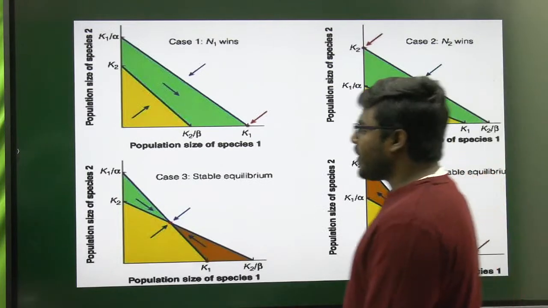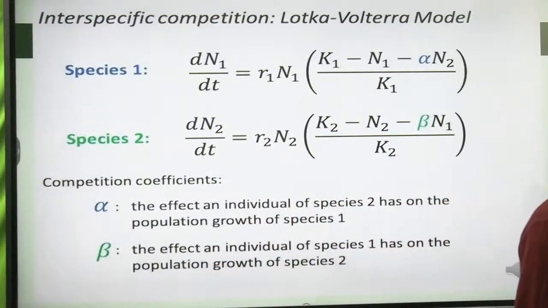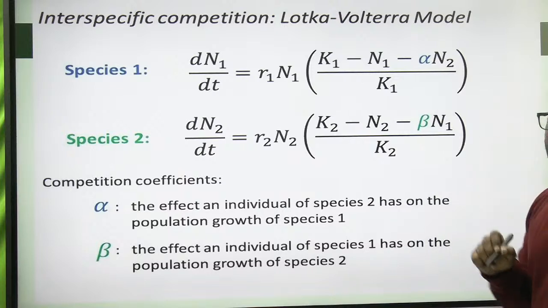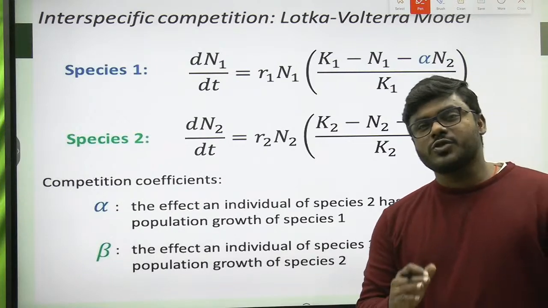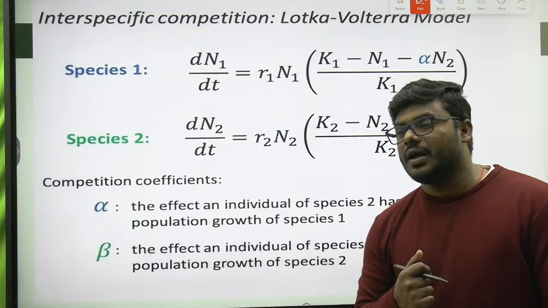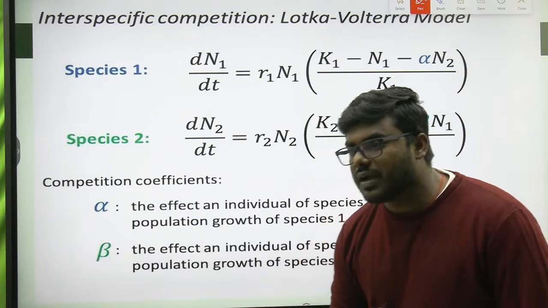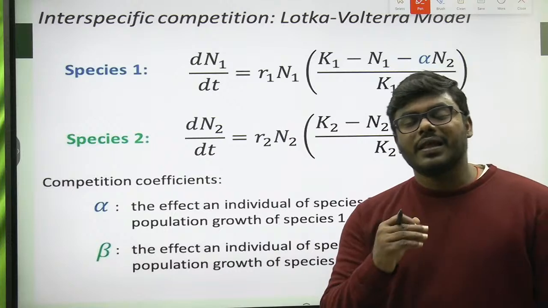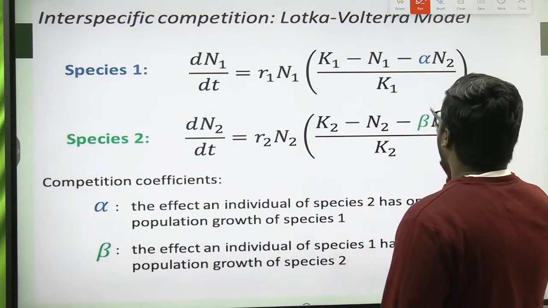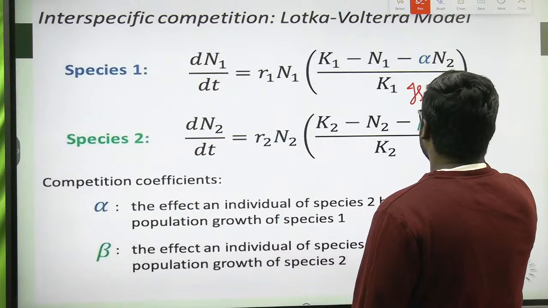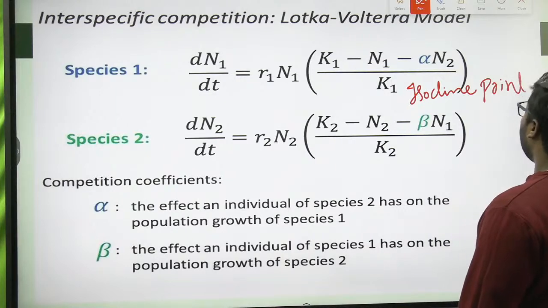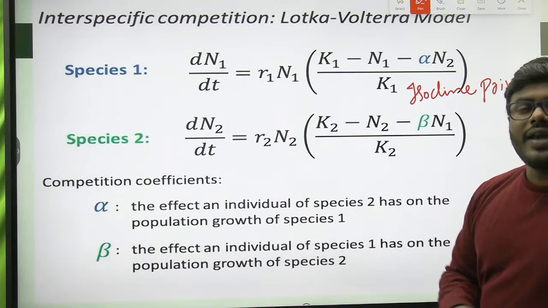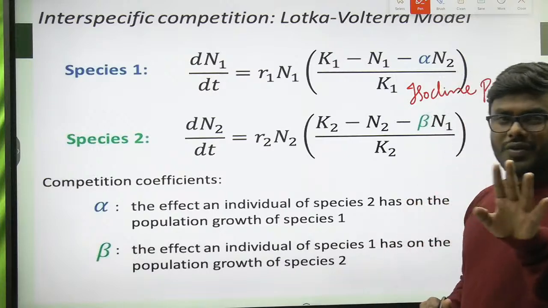Always remember. So friends, before going to the graph, I want all of you to remember one important statement. That is called the isocline point. Every species that is under competition has what? Correct, Gautam. So what you have to understand is a point called the isocline point. Isocline point is a point, always remember,